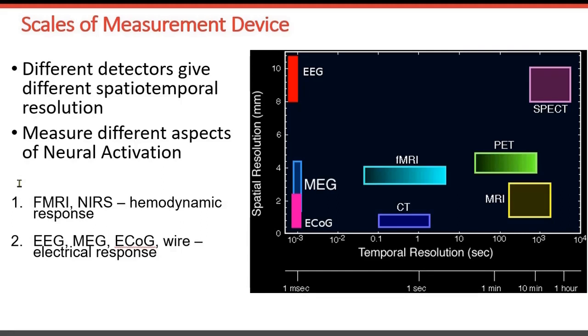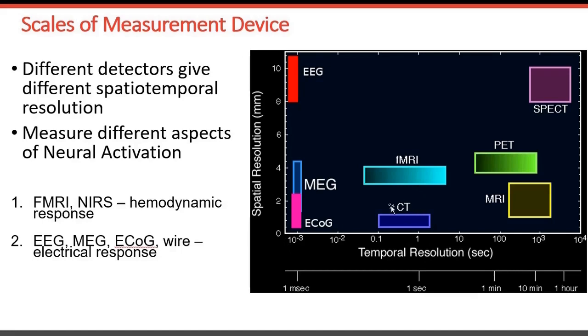So we can see here, for instance, the comparison between different technologies. EEG allows us to measure brain activities in the order of milliseconds, 10 to the minus 3. MEG also the same. ECoG, so implanted electrodes, very fast. Again, we can visualize brain activity in the order of milliseconds. While the spatial resolution of EEG, MEG, and ECoG is not that good. We can represent each as a blurred image of the brain activity, but we have much information about the time.